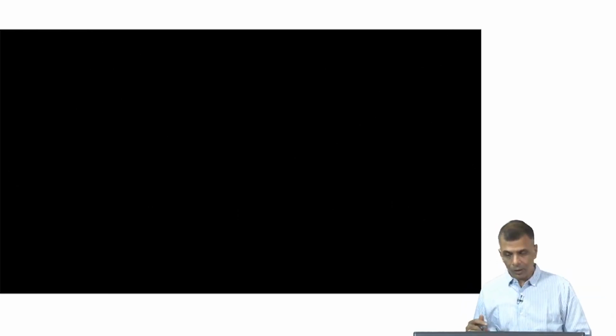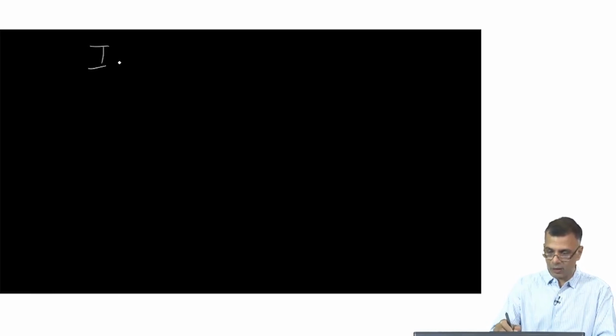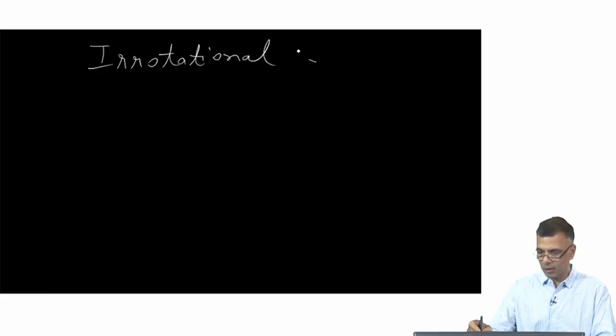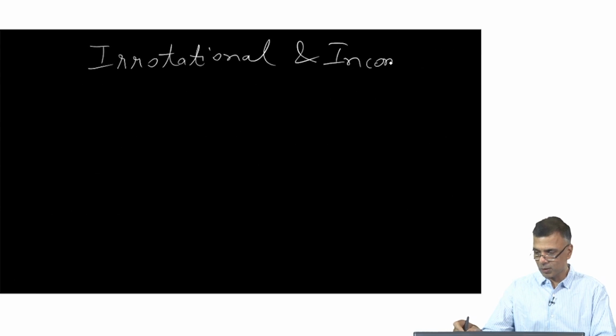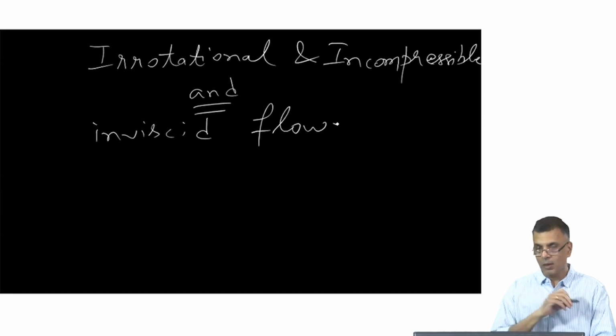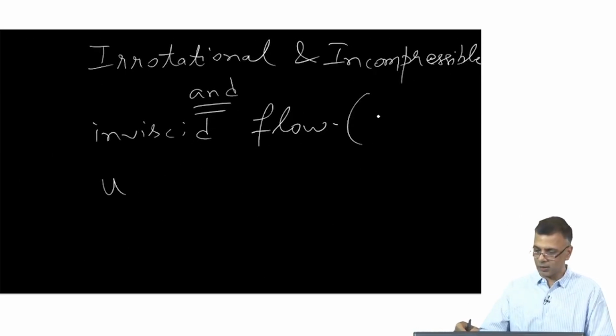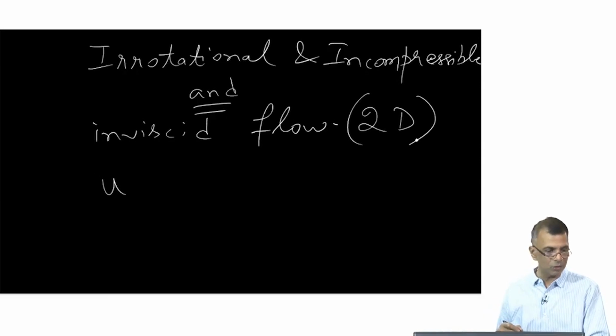So, what we first said was that if we are talking about an irrotational, incompressible, and of course inviscid flow, in this case the velocity, and for now let us specialize to 2D flows, the velocity can be expressed as the